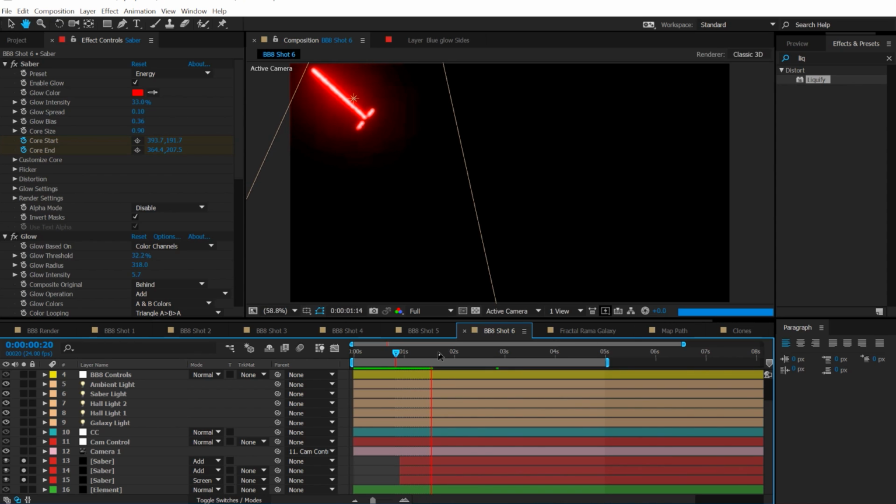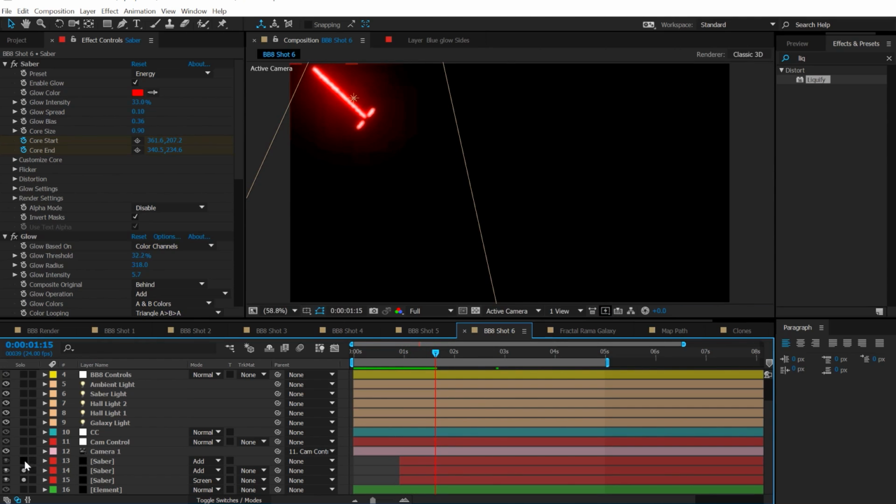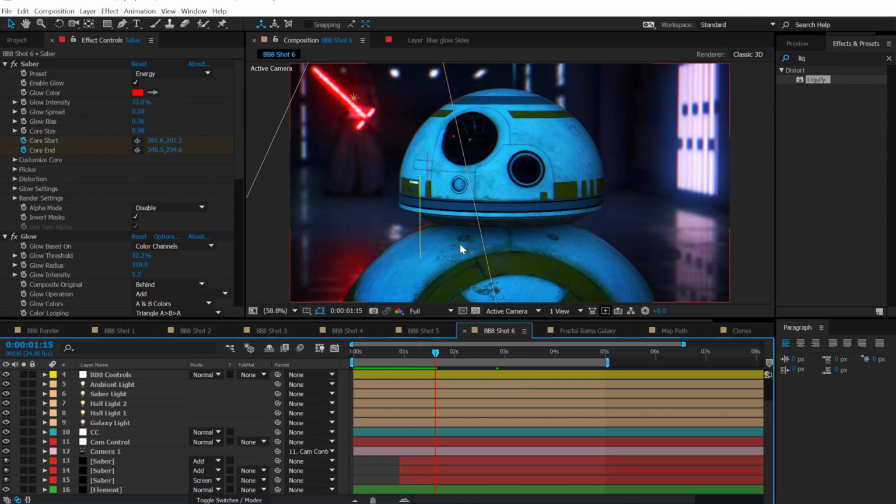All editors do that. We all make our own sound effects. Okay, so we play this back, kind of see how that animates on. And I couldn't keep it in a 3D space because there was some camera wiggle. And if you add one layer when you have a camera wiggle effect going on, it will just throw off everything. So to save you some time and some hassle and you not wanting to throw your computer out the window,